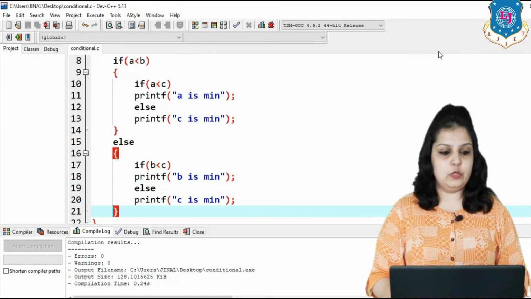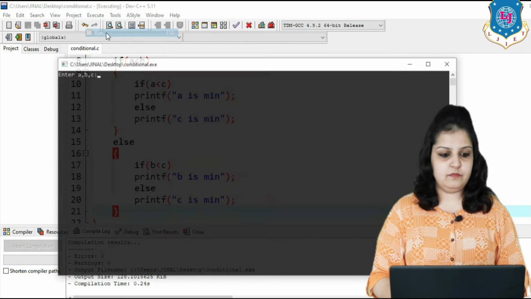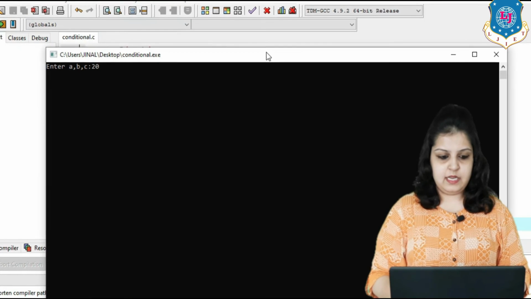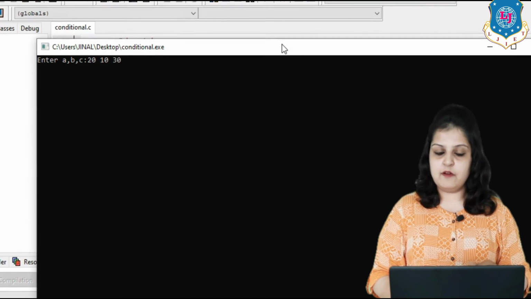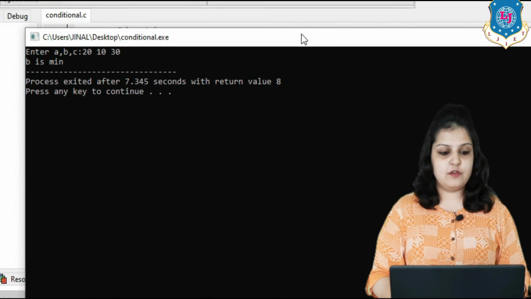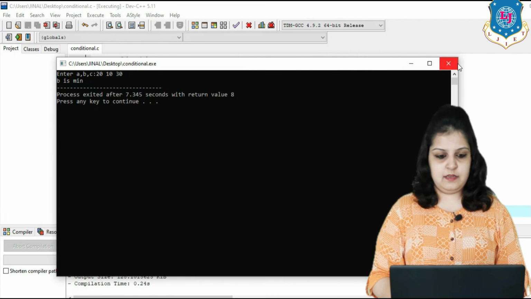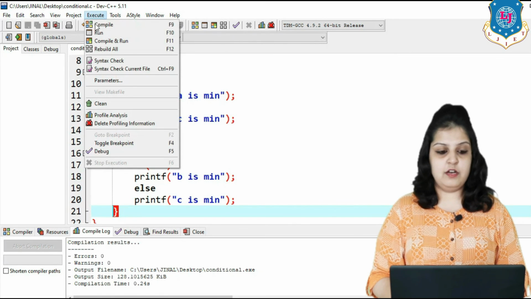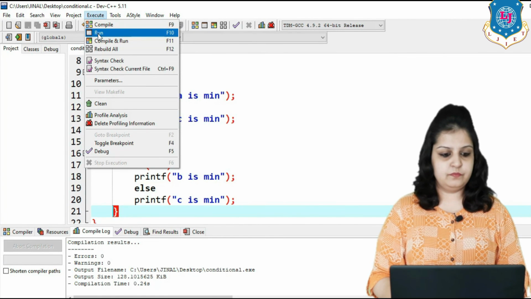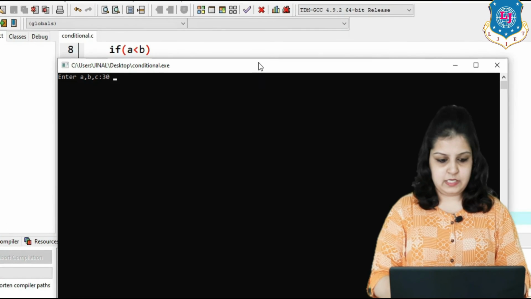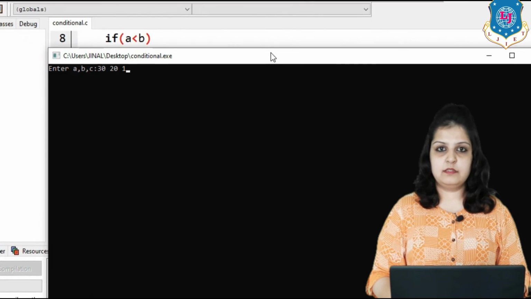Check for another value. Here 20, 10 and 30. In this case our b value is minimum. So our output is B is min. Check for another value: 30, 20, 10.